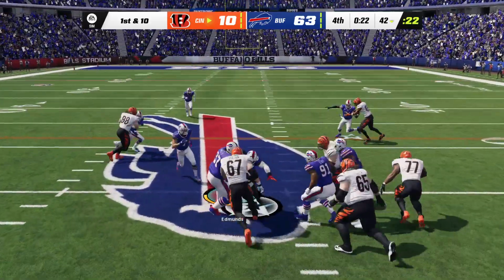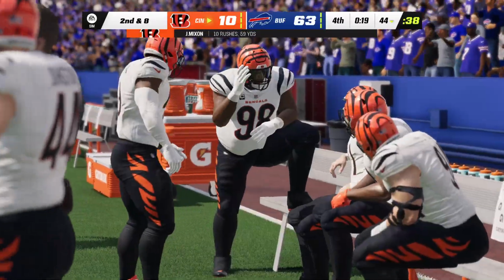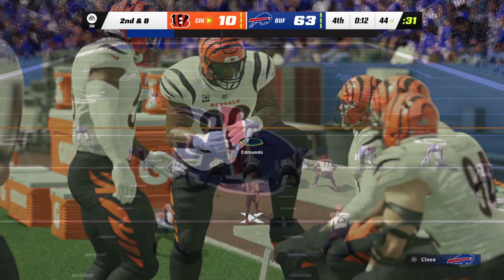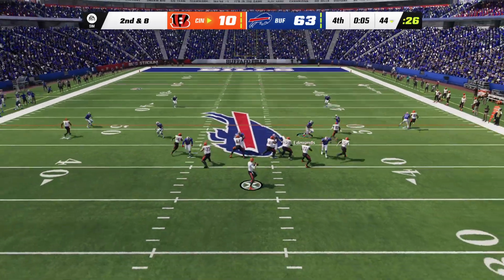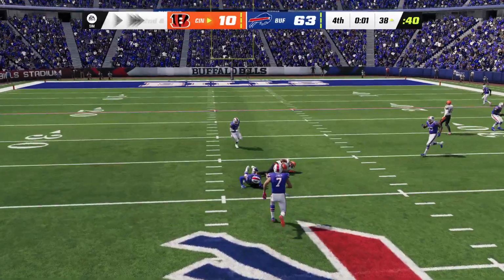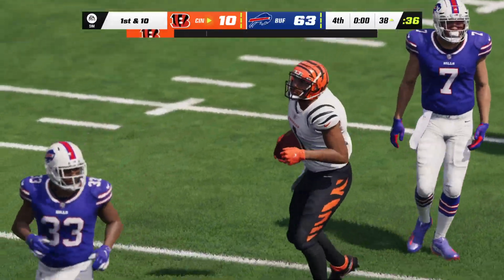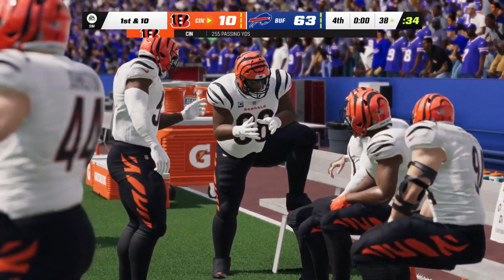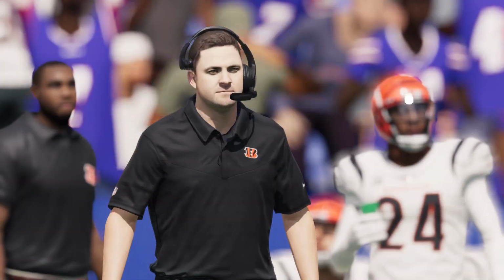Mixon with a first down carry. And he can only manage to get a couple. 2nd and 8 coming up. And the big fella stuffed that one up in a big way. I think doubling him has to be a priority because you can't move up to the next level if you don't take care of him first. Got a man open. It's Chase. And he's got a first down as a tackle made at the Bills' 38-yard line. And is this